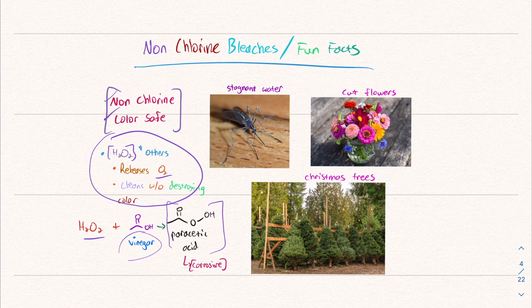And then bleach can be used for stagnant water to get rid of mosquitoes. It can be used to keep cut flowers fresh by destroying the bacteria in the water. Just a little bit of bleach and some water can help, and it can help keep Christmas trees fresh by that same principle. So let's go back and review the video and the summary and just go over what we